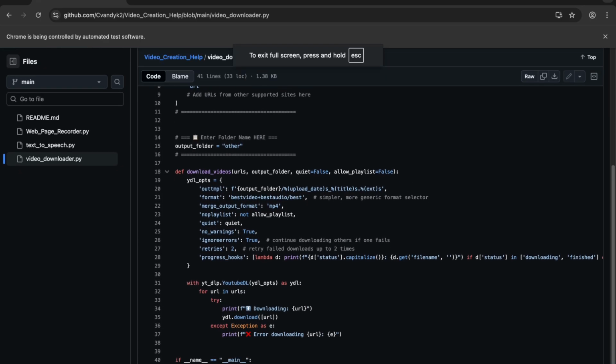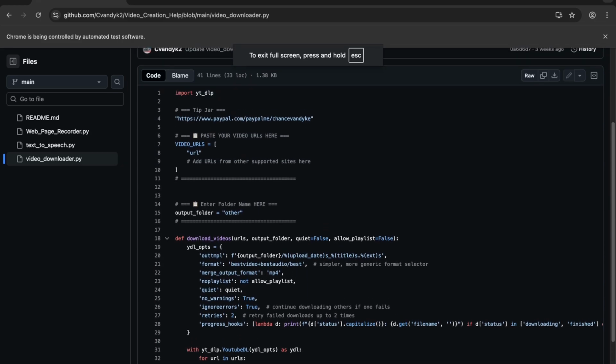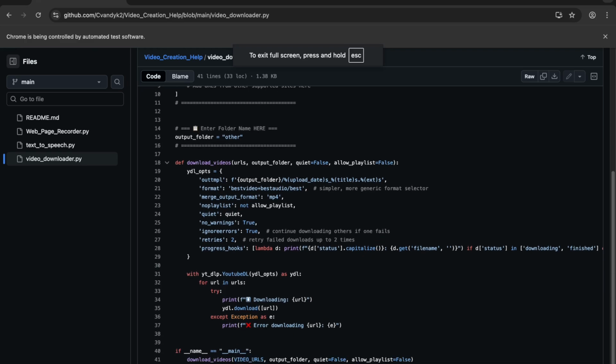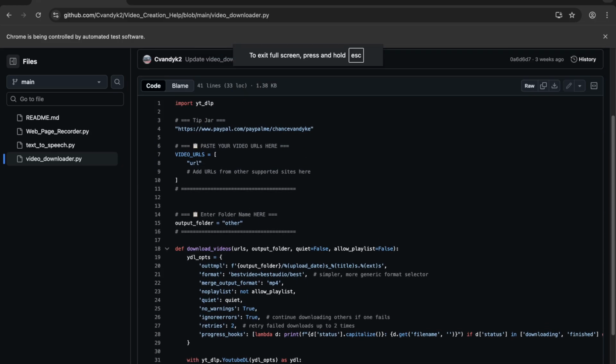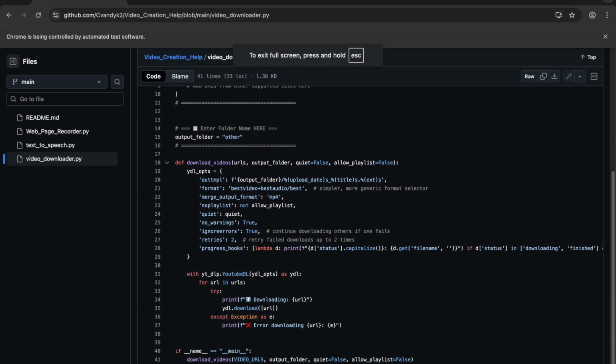It starts with a simple configuration. Just paste your video URLs into the list provided at the top of the script. You can add a single link, multiple links, or even playlist URLs if you choose to enable that option. The script is built to support not only YouTube, but also Vimeo, Twitter, TikTok, and many other video hosting platforms supported by